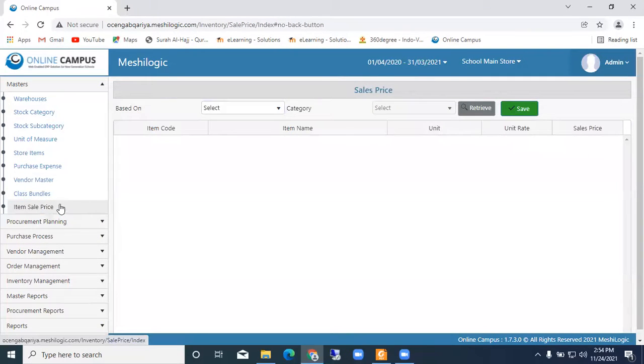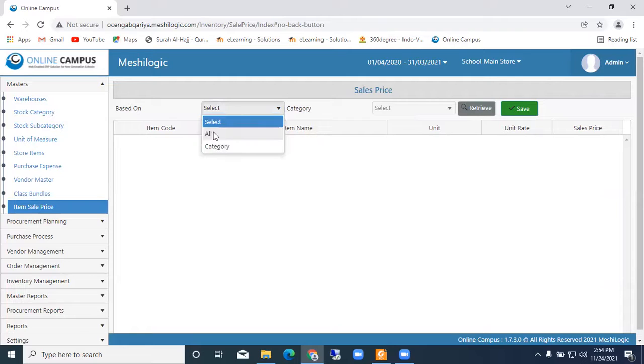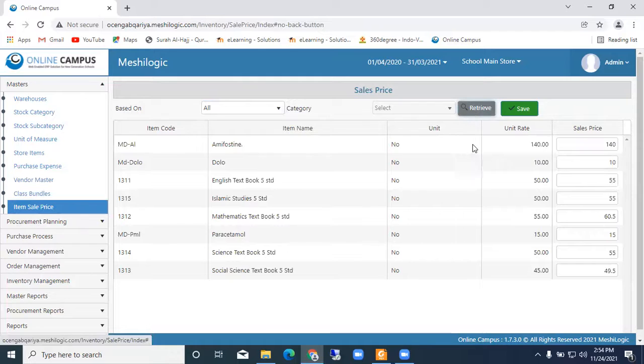Item sale price. Suppose you're selecting an item which is under the sale and the purchase category. If you want to sell the item, the costing also we can decide. If the items you are selecting are in the sale when you create the items, then the unit purchased and sale price, the unit price you can mention, and the sale price also you can mention. Automatically, depending on that, you will get the income also. So this is a master table. We need to set up before we go for the transaction.